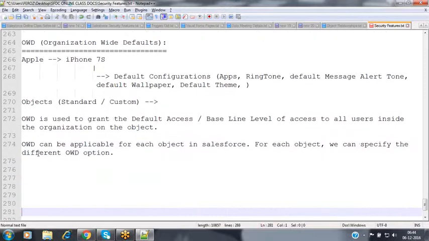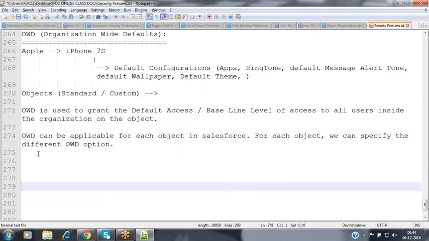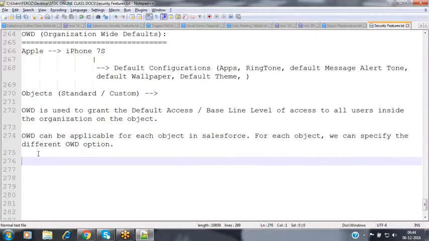So what are the various OWD options available in Salesforce right now? When coming to the OWD, it is going to provide various options to you here.